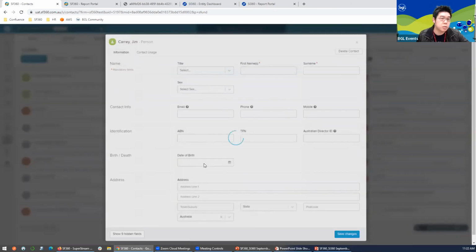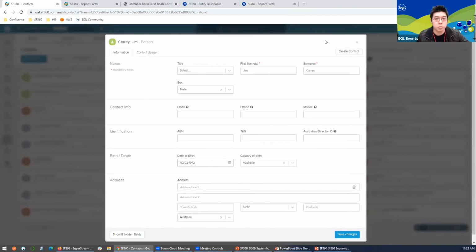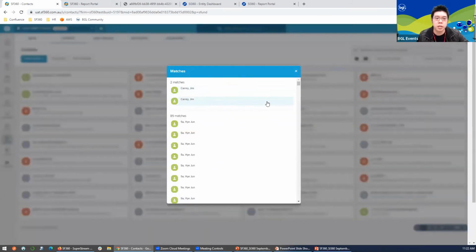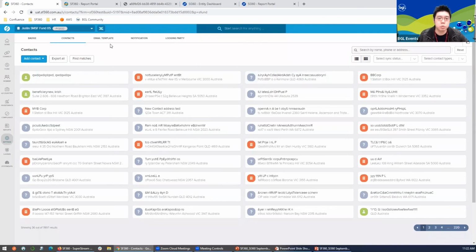So it may so happen that you have a person with the same name. What you might want to do is not delete, because they're two totally different persons who just so happen to have the same name. Obviously this is a test database, so we just have another 89 matches of contacts in there, but that's available to make it a bit easier for you to find any duplicates and tidy up your contacts database if you need to. Okay,